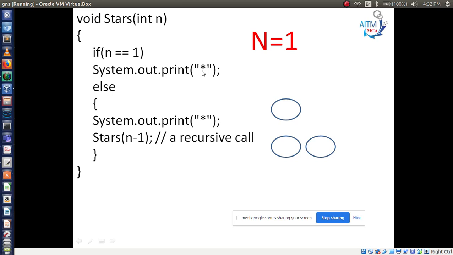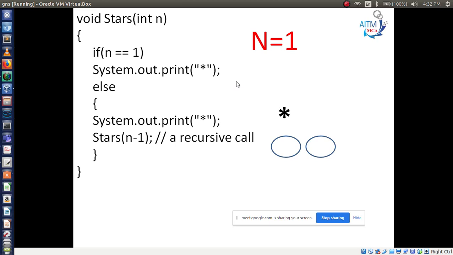Print the star. Right? So how many stars will print? One, because 1 is equal to 1, it matches the condition and it prints 1 star.